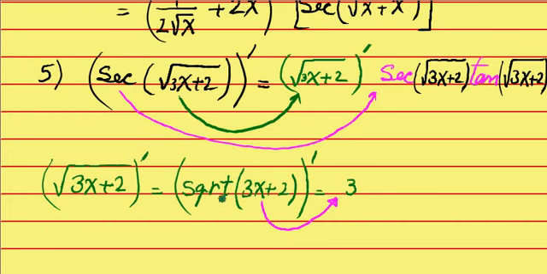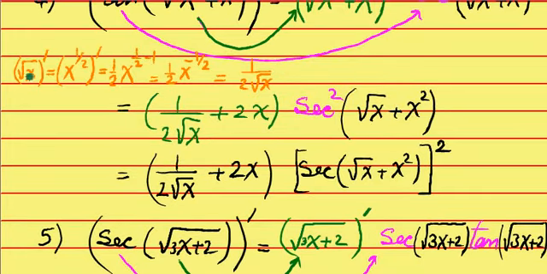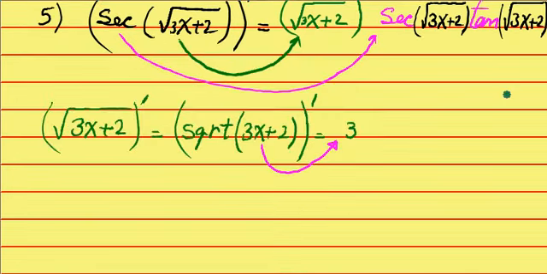Now, what's the derivative of square root? Do you remember what the derivative was? We just did it a moment ago. Derivative of square root is 1 over 2 square root of whatever you started with. So derivative of square root is 1 over 2 square root